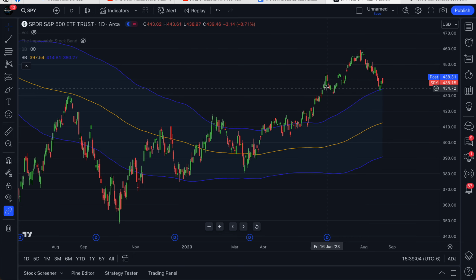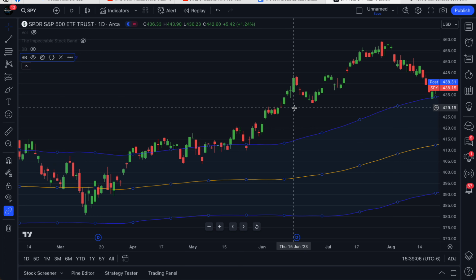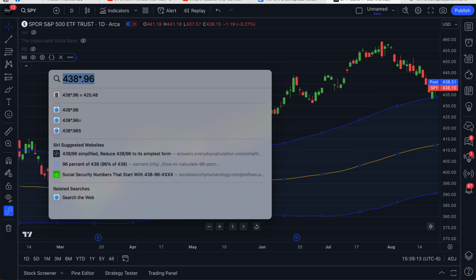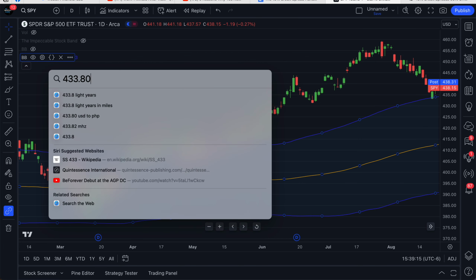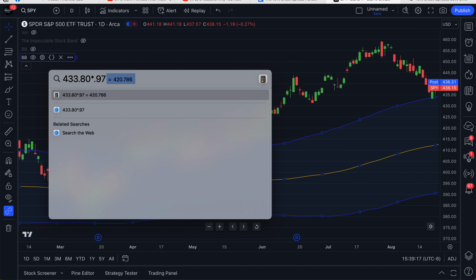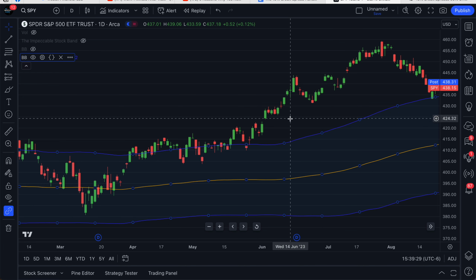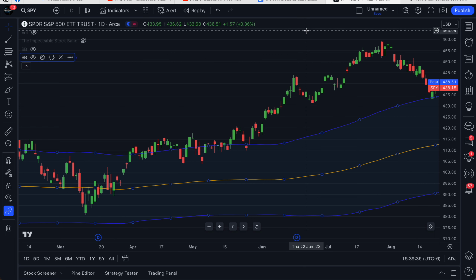So what we do is, let's say we were looking at the market on this day right here. The market was trending up. The close for that day looks like it was 433.80. Tap in 433.80. Again, we want to be out by 97%, which is going to be 0.97. Then we're going to round up to the nearest whole number. That makes it 420.78, or rounded up to the nearest whole number, 421. That means to structure this put credit spread, we're going to go down to 421 and sell that strike price of a put. Then we're going to buy the 420 for our protection, and that is how we structure this